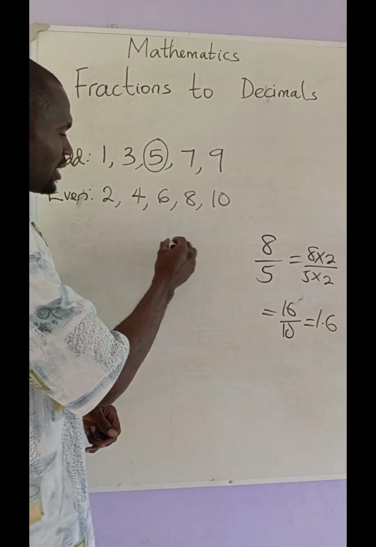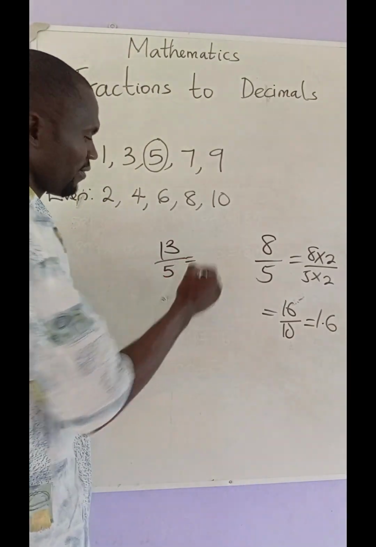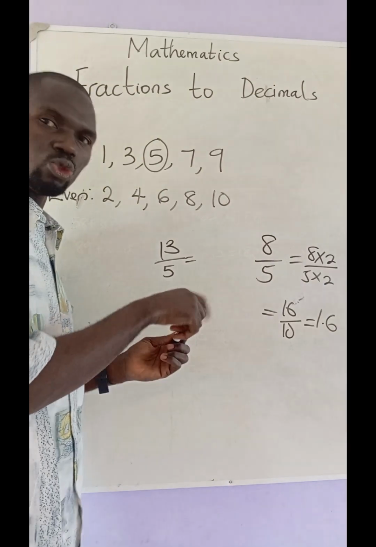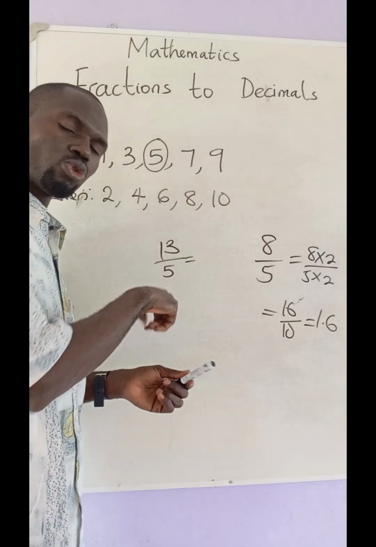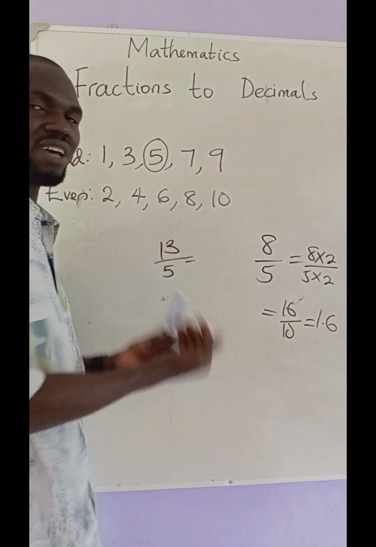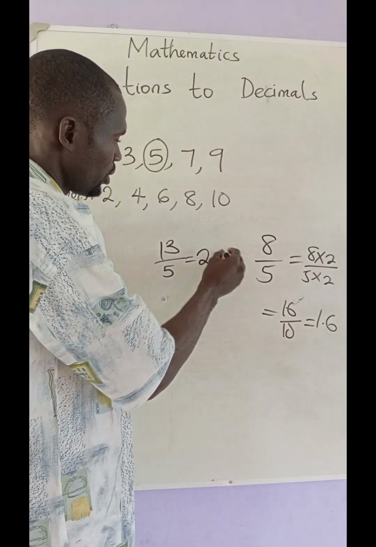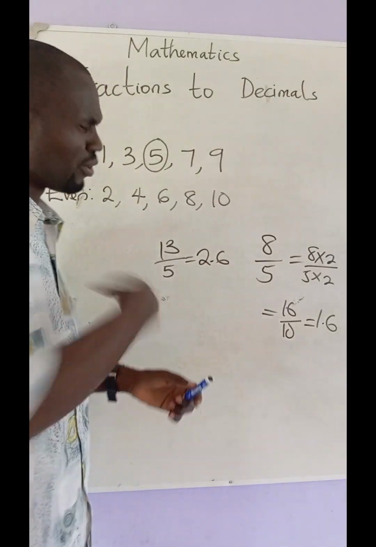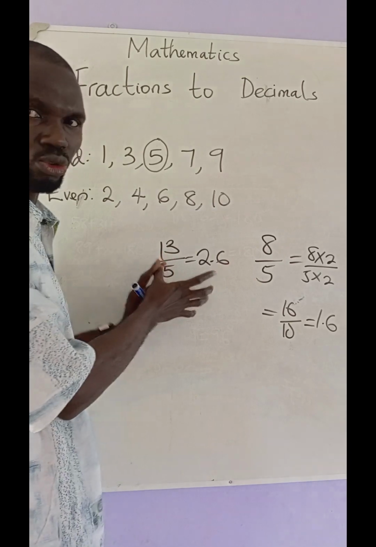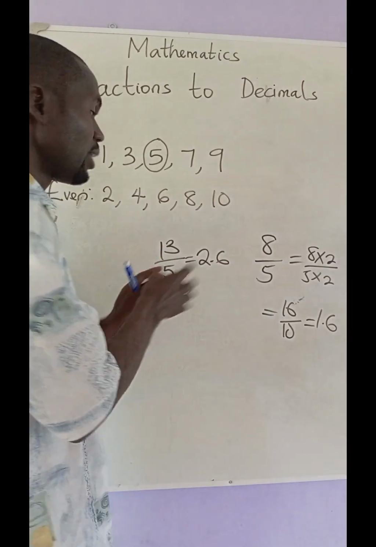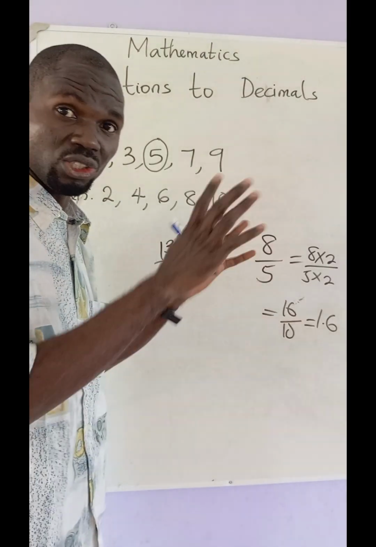Then, even if you have 13 divided by 5, you double 13, you get what? 26. Double 5, you get what? You get 10. So that is 26 divided by 10, which will be 2.6. So it is easy. No need of using the long division method to solve this one. You understand? Then when you are dividing a number by 10 as well, I've given you the trick on how to